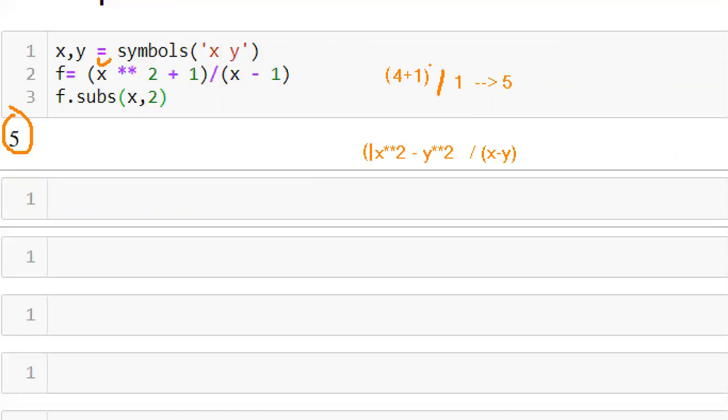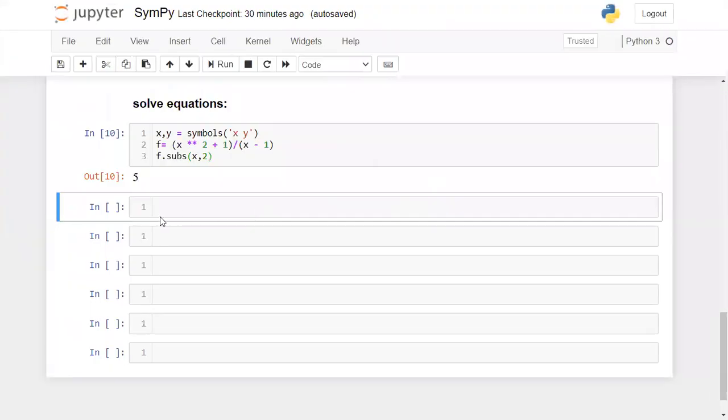If you observe, here I'm using two variables x and y. Using symbols, I already created two variables x and y, so now I can use them with this function. I'm going to create another function, g equals x square minus y square, and in the denominator x minus y.